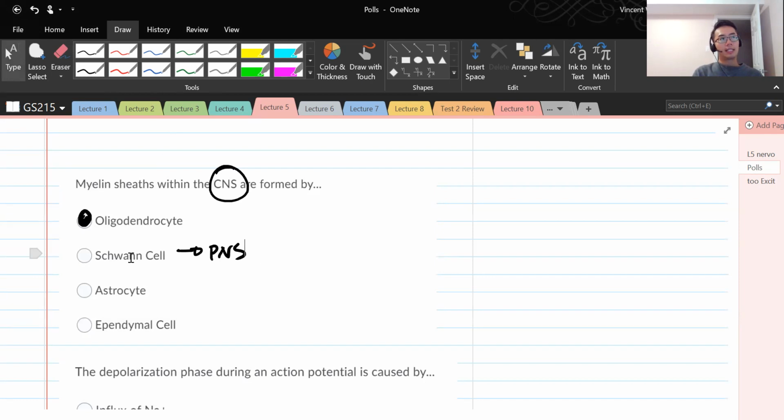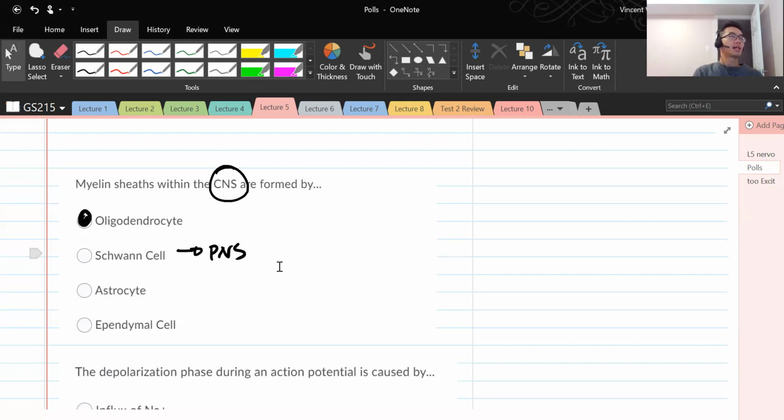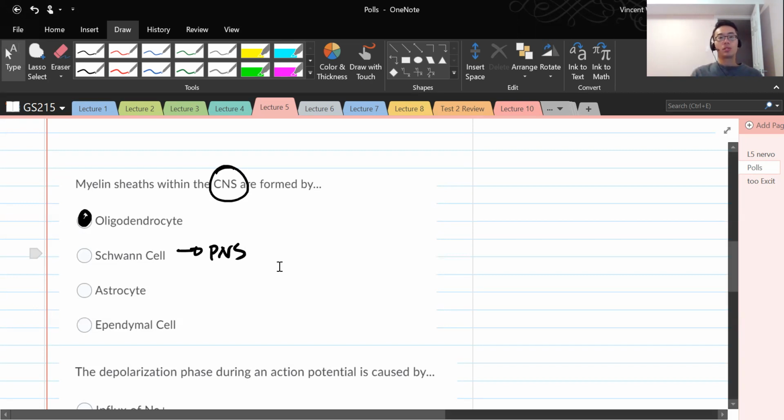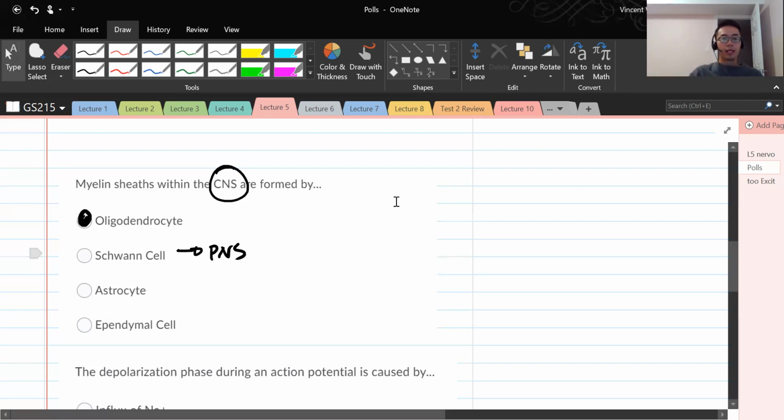Anybody know of the autoimmune disease that causes the myelin to slowly degrade in the nervous system? That's right, MS. What does it stand for? Anybody? Multiple sclerosis. That's right, multiple sclerosis. That's when your T cells attack the cells that make the myelin. Once you lose the myelin, you lose the ability to conduct signal, and you can slowly become paralyzed, and it's something that we don't have a cure for. Okay,